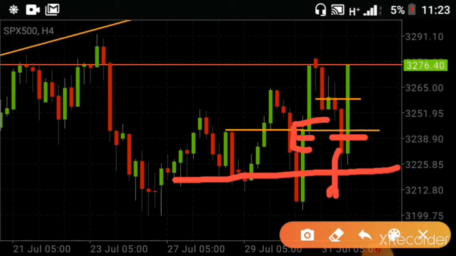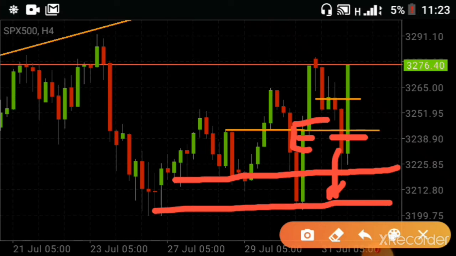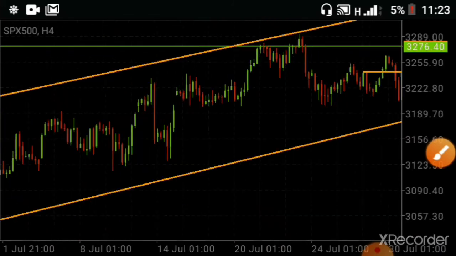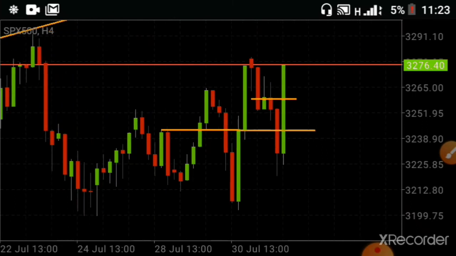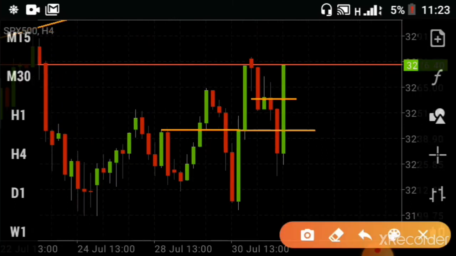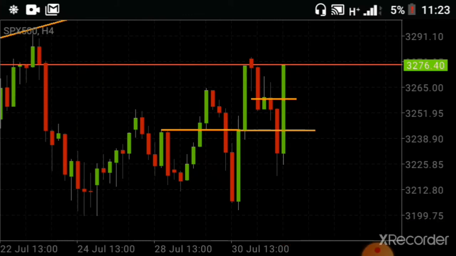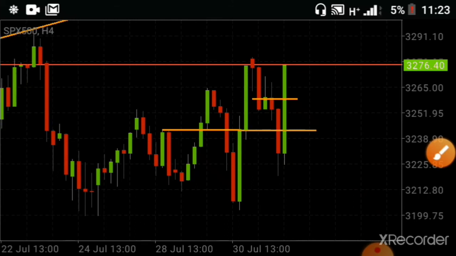If it was able to pass this resistance zone, we would have set our next possible support zone at this point. So that is how we keep trailing it so we are able to reach the final support zone. Also now it has broken through this. I also traded on this. As it broke above this, as it came into an uptrend, or as it brought this bullish candle,